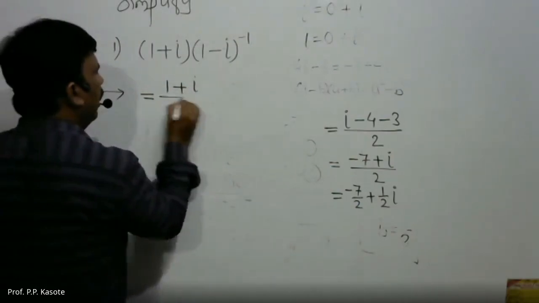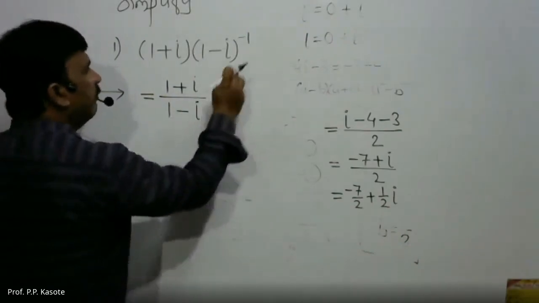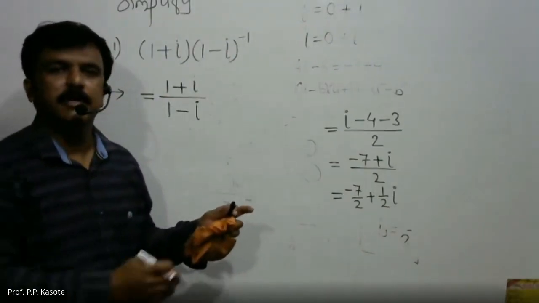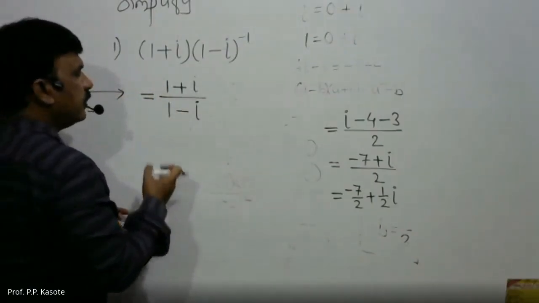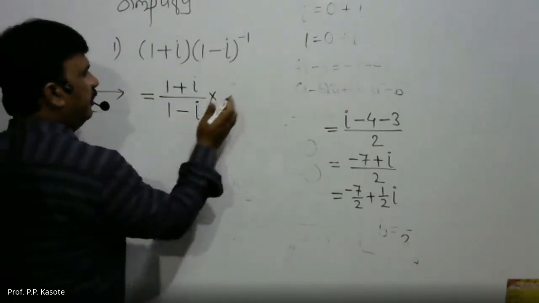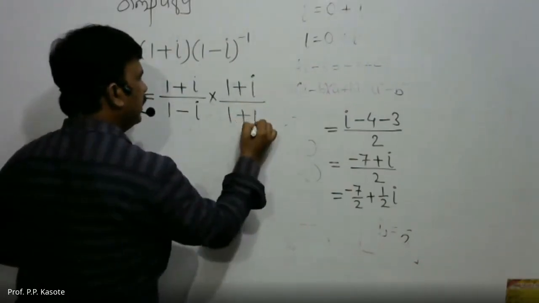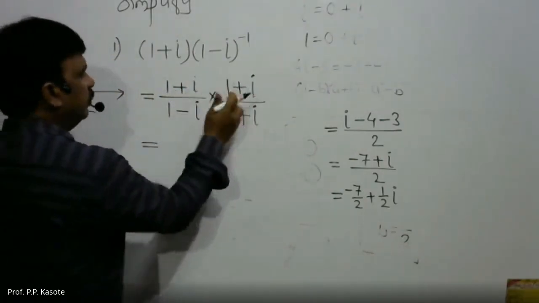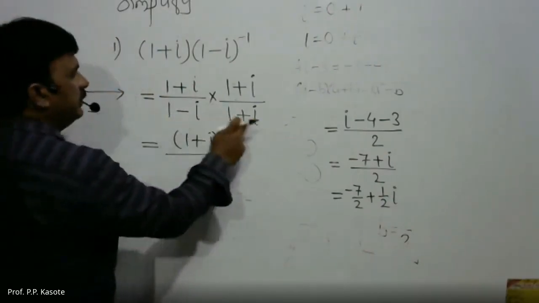1 plus i upon this 1 minus i को हम लोग denominator में shift करेंगे, that is 1 minus i. Why? Because the power is minus 1. To convert it into plus 1, we'll shift it in the denominator. Okay, now it's a regular division of two complex numbers. In this, what do we do actually? We take the conjugate of the denominator, that is 1 plus i, write the same term 1 plus i in the numerator, which is equal to, now what is the multiplication of these two? 1 plus i into 1 plus i, 1 plus i square upon 1 minus i into 1 plus i.